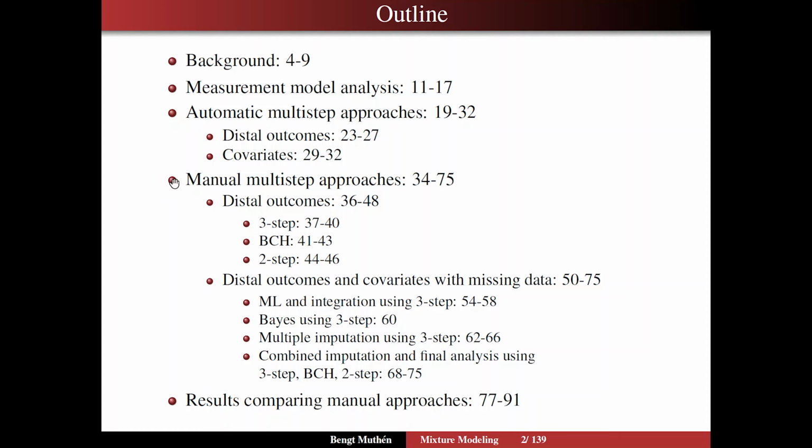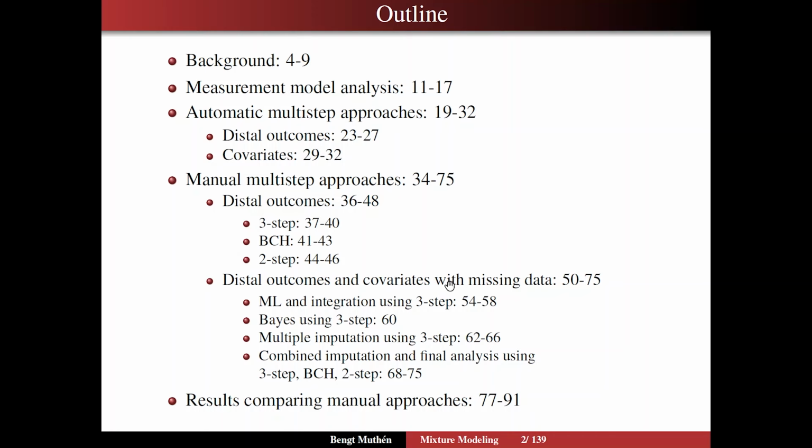And in that area we also divide it up into distal outcomes and covariates. So for the distal outcomes, we're going to talk about the familiar 3-step, BCH, and 2-step approaches, where 3-step is also sometimes called 3-step maximum likelihood, and BCH is sometimes called 3-step BCH. And this talk is going to spend some time on discussing the case where you have covariates that have missing